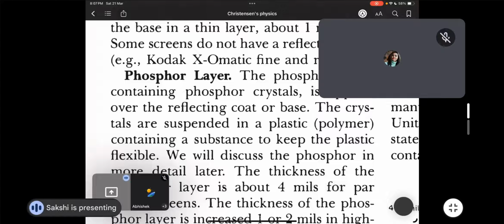Next is phosphor layer. So phosphor layer will have phosphor crystals, and tell me, classify in two ways: modern and old. Give me the example, Harsha, the old phosphor layer examples. Do not see the copy where you have written it. Be honest. Maybe calcium tungstate. Now you check the copy. Now you tell me. Calcium tungstate.